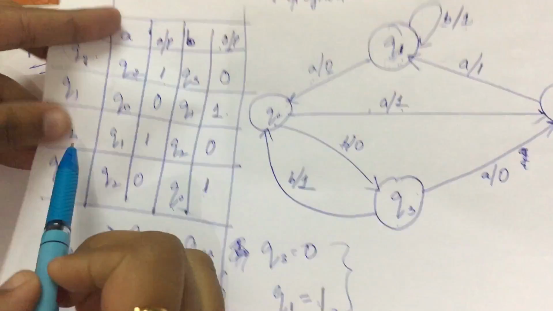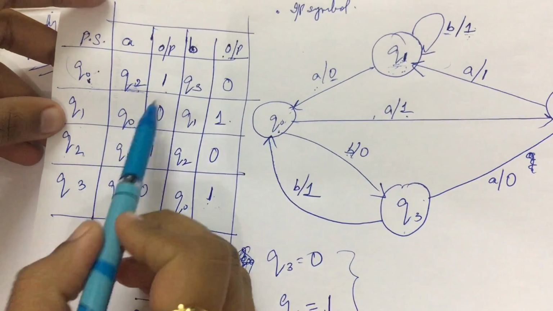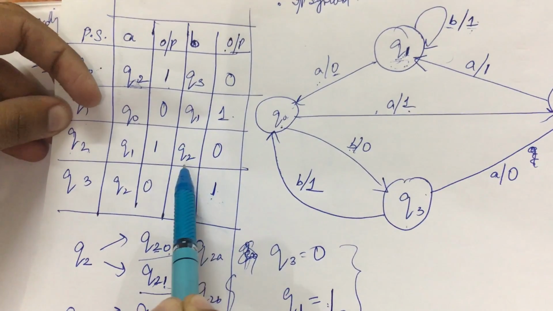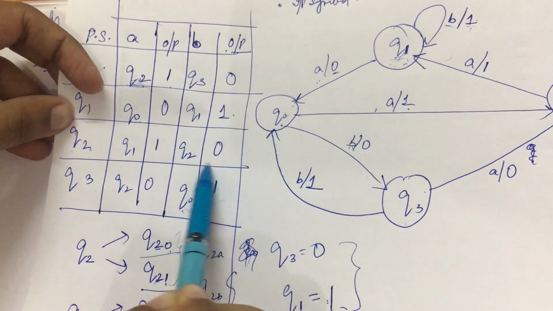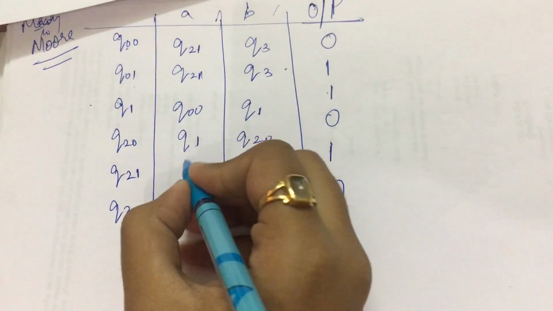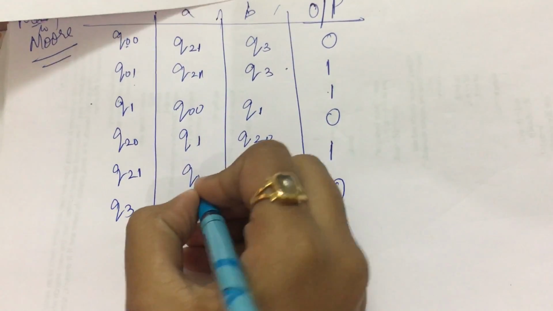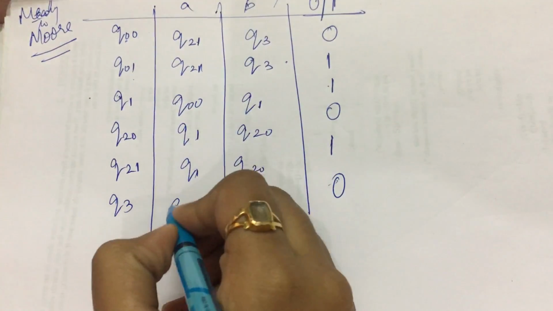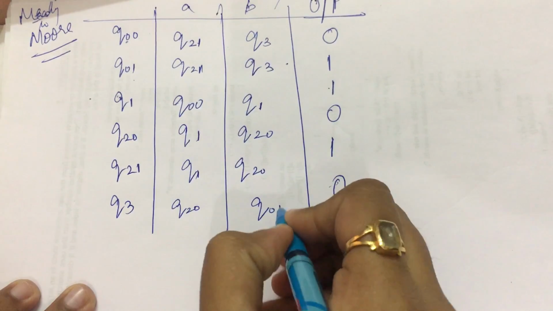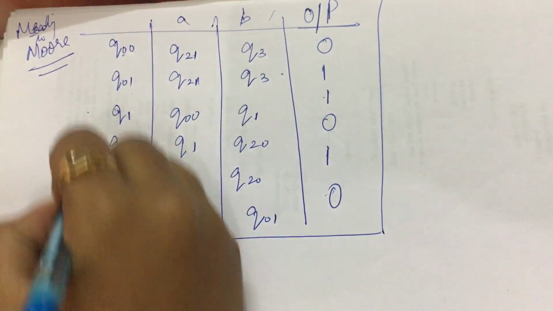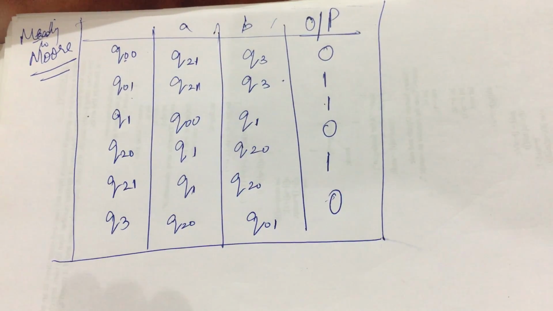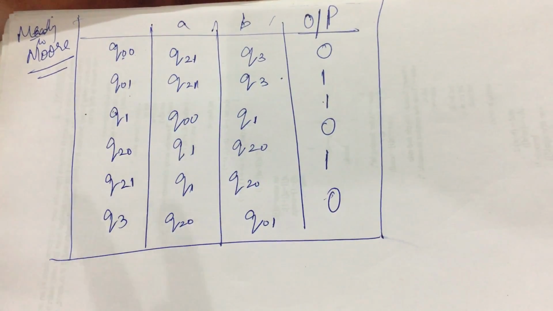Now here again let's see, Q2 will give me, when I have an input symbol B, it will give me Q2, but which Q2? Which was having an output 0, that is Q2 0. So Q2 0. Okay, and Q2 1 will also give me the same, and Q3 will give me Q2 0 and Q naught 1 and Q naught 1. So that is the corresponding Moore machine transition table for the given Mealy machine transition.